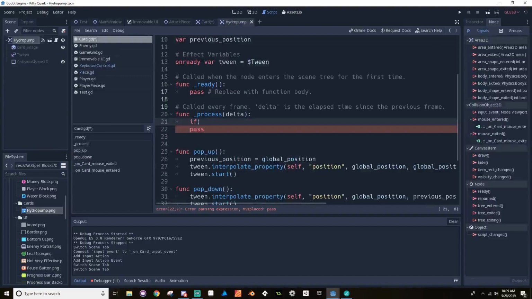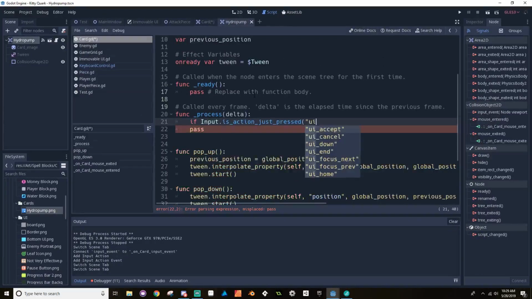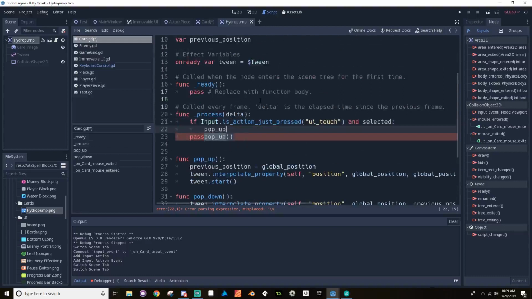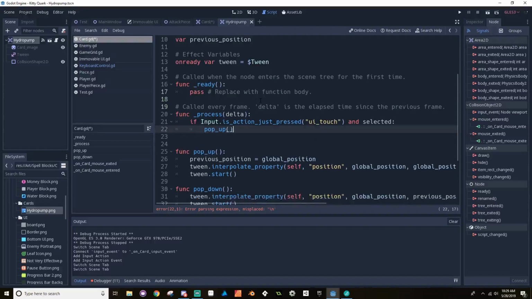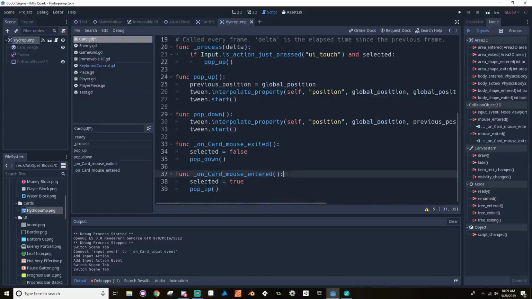Input is action just pressed. And so if is action just pressed, touched, and I also wanted to